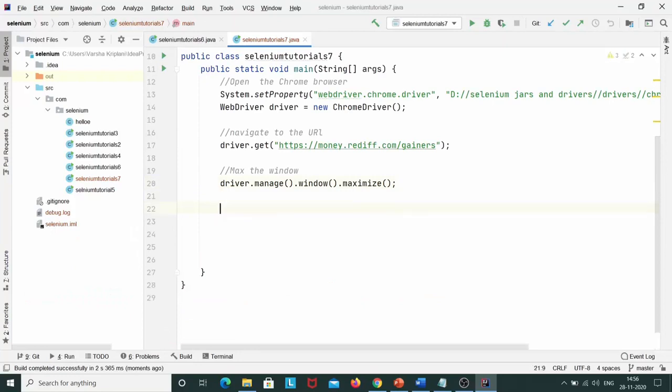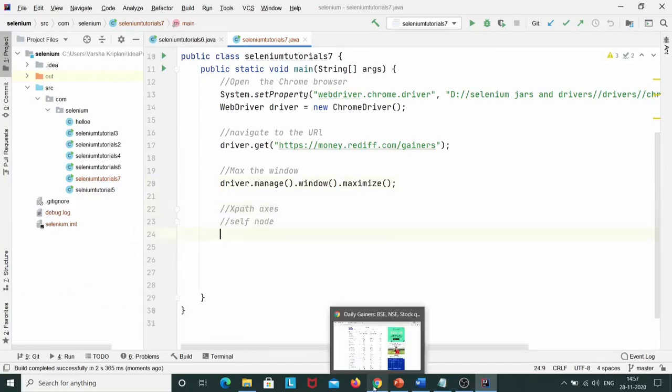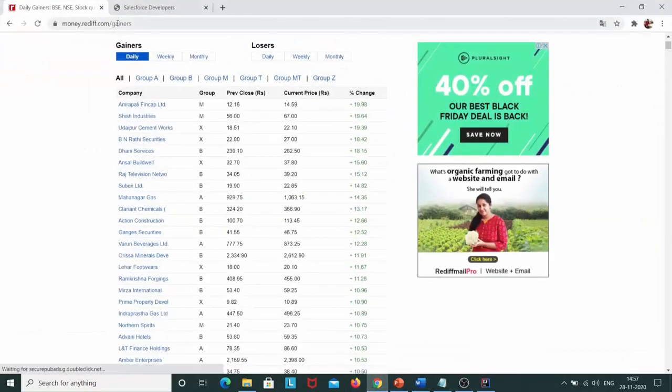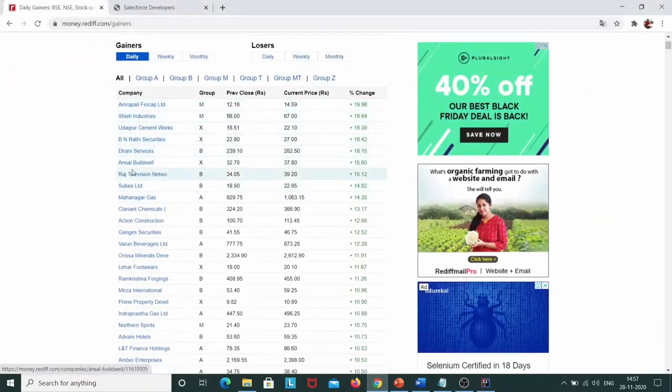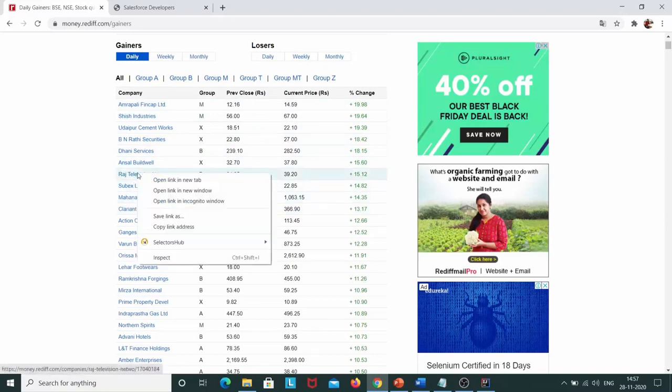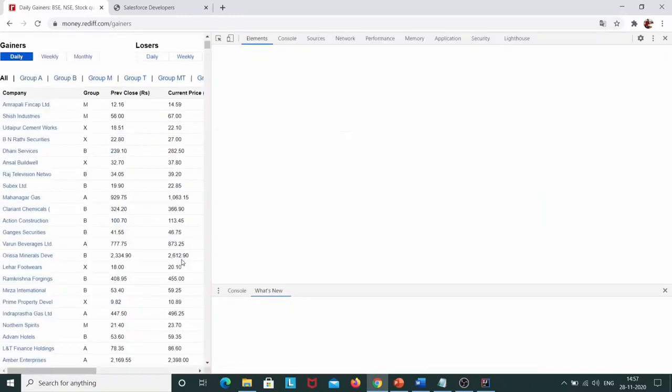So let's get started with the Xpath Axes. The first important thing that we need to identify is the self node. On the basis of the self node, we will identify the other relationships, that is the ancestor, the parent, the descendants, and everything. So first we will identify the self node. I'll take any of the columns, let me take this one, and I'll just click on inspect,